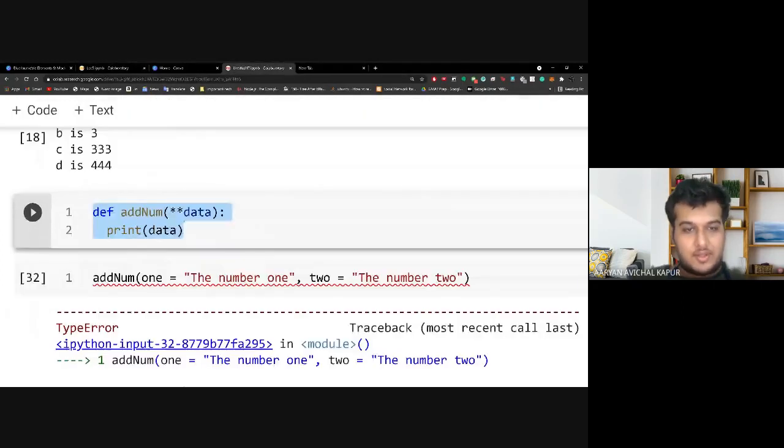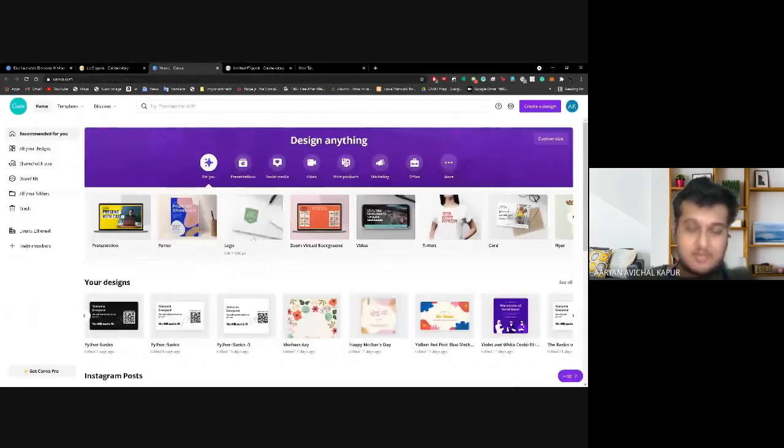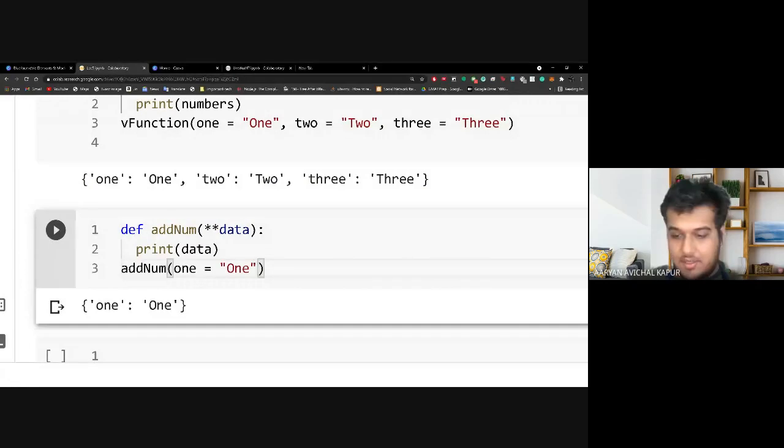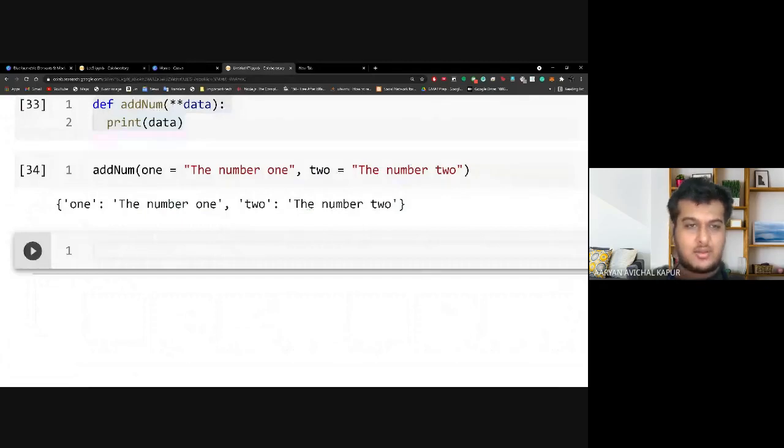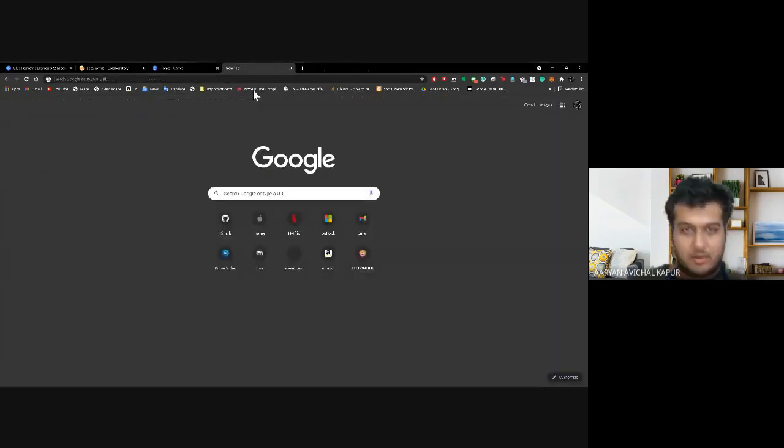What is wrong with this? I have zero idea. But yeah, let us concentrate on the fundamentals. Now it is working. I have absolutely no clue what went wrong with this notebook. Let me just close this notebook. There's something wrong with this.